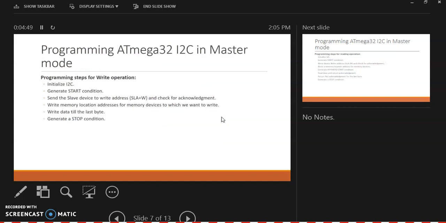For programming the ATmega32 I2C in master mode, the programming steps for a writing operation are: initialize I2C, generate a start condition, send the slave device write address, which is SLA plus W, and check for acknowledgement. After that, write the memory location address of the memory device to which we want to write, write data until the last byte, and generate a stop condition.